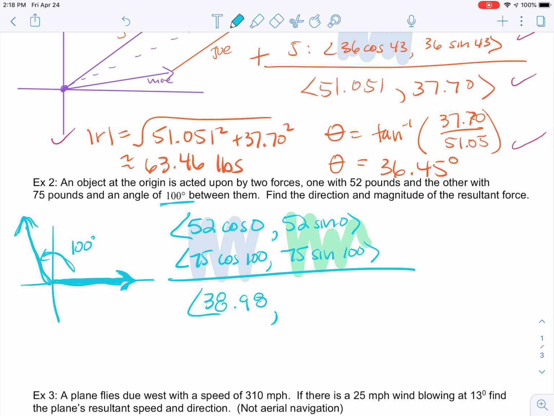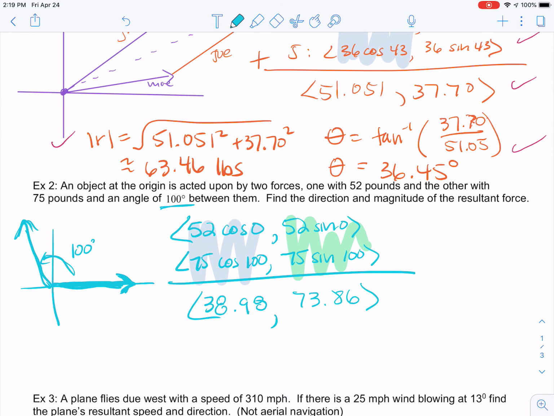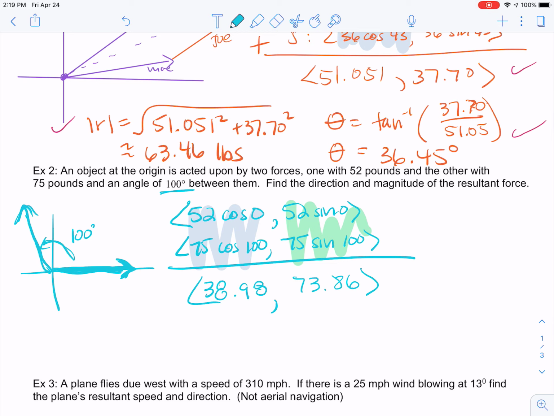38.98. And then I'm just going to go up here and change those two cosine words to sine. So I just change it to sine, make sure I'm in degrees, and I get 73.86. Now I need to do the last, that was just the first three steps. I added them up. I set it up, step 1, each of them, step 2, add them, step 3. Now I need to do my magnitude of the resultant, which is the square root of 38.98 squared plus 73.86